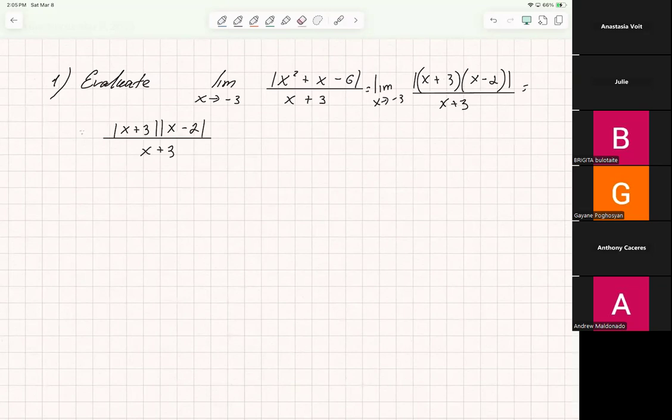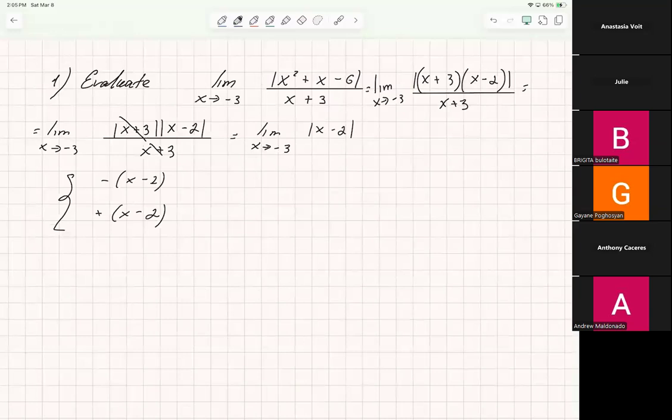And then we also have here limit as x approaches -3. Okay, we can see that we can cancel these two, and we have essentially here the limit as x approaches -3 of x minus 2, right? So now in this case, you can just divide it into a piecewise function. We will have negative x minus 2 and positive x minus 2. And in this case, we would have x is less than negative